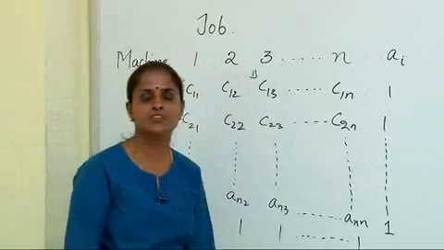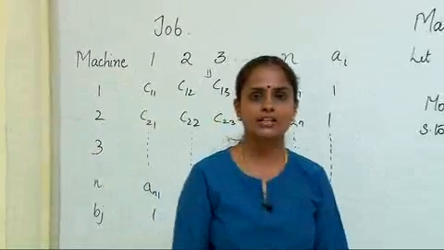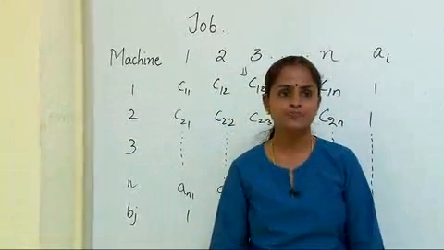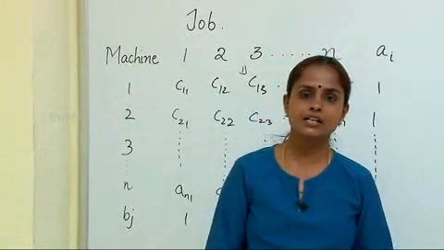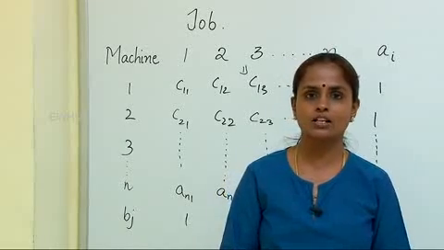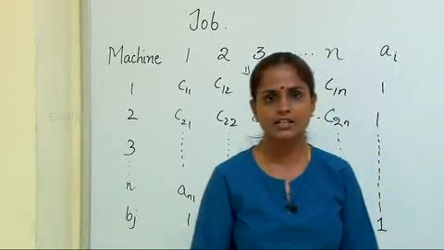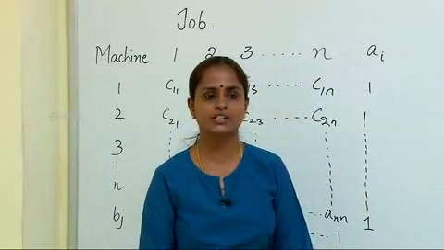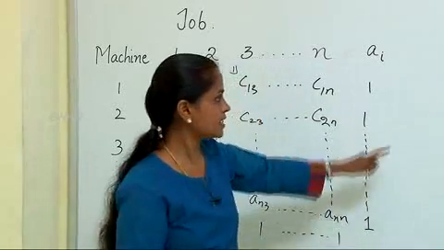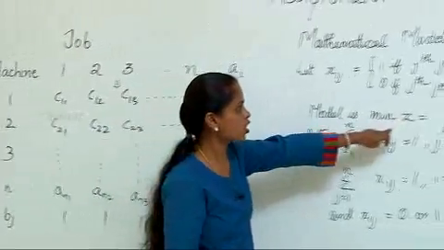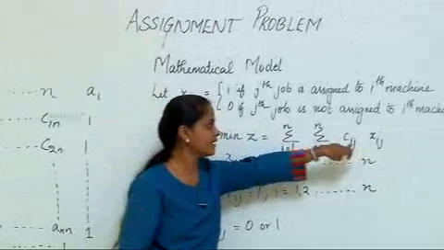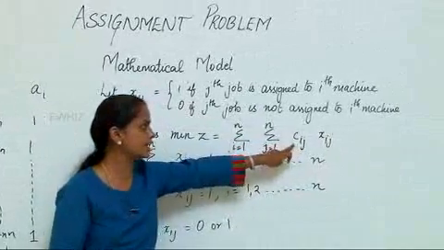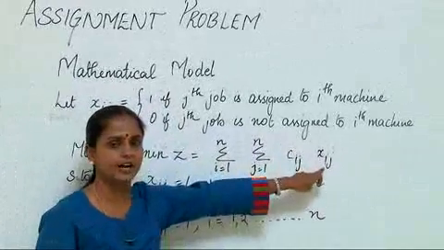In transportation problem, we had 3 methods to find the initial basic feasible solution, and then we found optimality using the MODI method. But here in assignment problem, there is only one algorithm proposed. We check for the validity of the optimality condition. If it fails, we proceed with further iteration to arrive at optimality. So the mathematical model is minimizing the cost Cij Xij, where Cij is the cost associated with the place where the assignment is made and where the Xij will take a value 1.